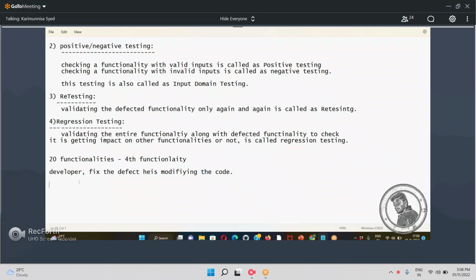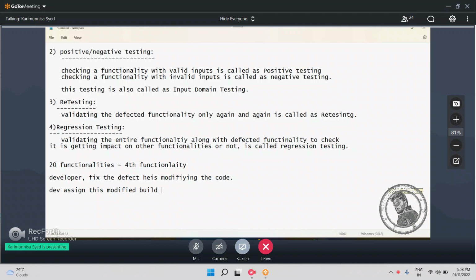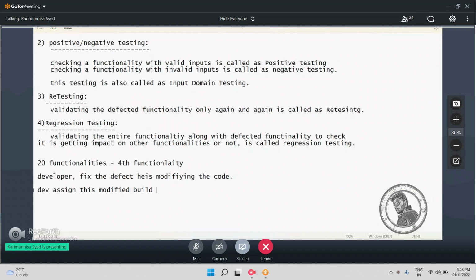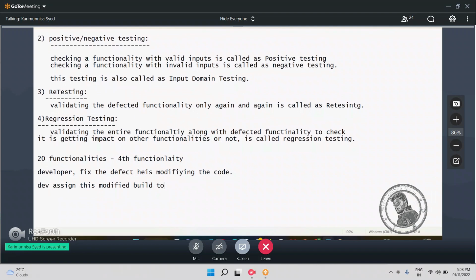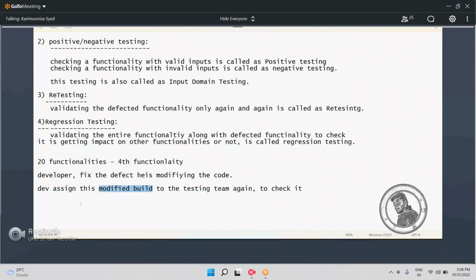Because of these modifications, what happens? After modifying the code, the developer will assign this modified build to the testing team again. Why? To check it. At the time of checking, on the modified build,